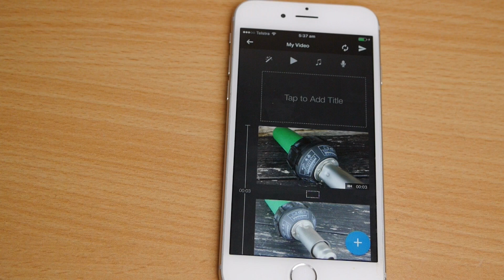It also opens up the opportunity to outsource your video editing. So in theory, you could shoot your video on your phone, use the WeVideo app to select the parts of the videos that you would like to appear in your final project, and then you could sync it to the computer where someone from anywhere in the world can edit your video for you using the WeVideo platform. It's all very organized and it's all in one place. And that way, if you don't have the time to do the video editing yourself, you can quite easily outsource